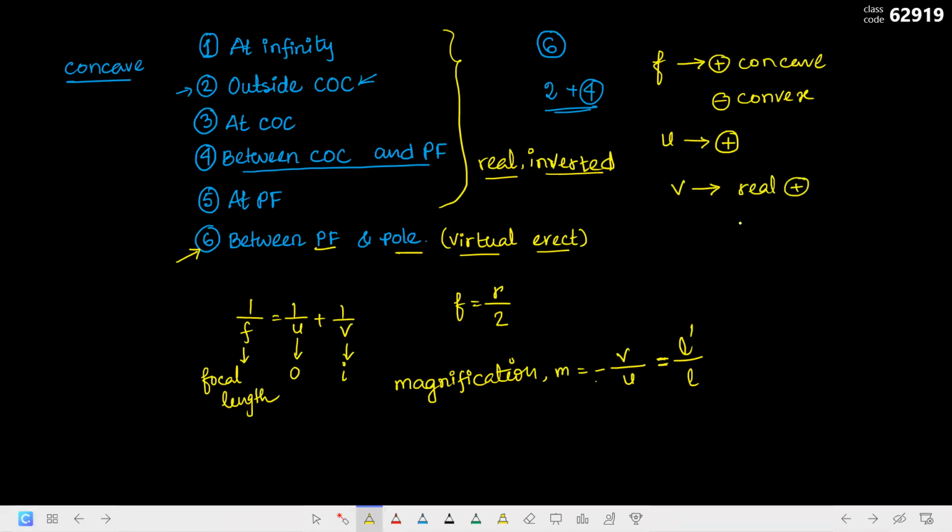v: ইমেজ রিয়েল হলে পজিটিভ, ভার্চুয়াল হলে নেগেটিভ। l প্রাইম: ইরেক্ট হলে পজিটিভ, ইনভার্টেড হলে নেগেটিভ। l অলওয়েজ পজিটিভ। এই সাইন কনভেনশনগুলো মনে রেখে ক্রিয়েটিভ সলভ করবো ইনশাআল্লাহ। নেক্সট ক্লাসে আমরা ক্রিয়েটিভ সলভ করব।